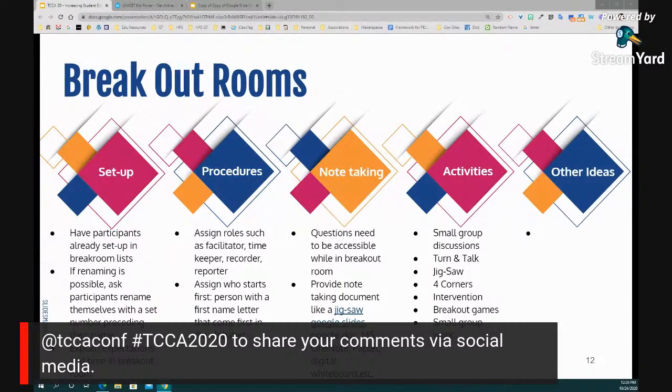If you have the opportunity on your platform to set up your breakout list ahead of time, then go ahead and do that. You can, of course, break them up depending on what you want to do in your breakout rooms. It could be by subject level, or by area that they need more support, or by level, whatever.